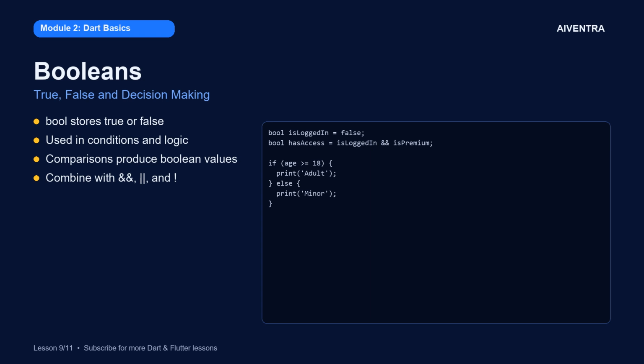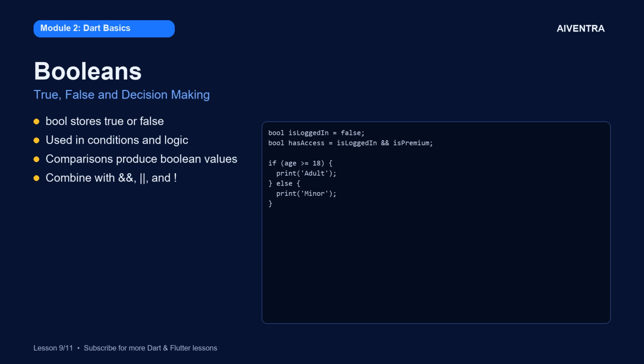You can combine Boolean expressions with logical operators. And requires both conditions to be true, or requires at least one to be true, not inverts a value. These combinations let you express complex rules clearly, such as allowing access only when a user is logged in and